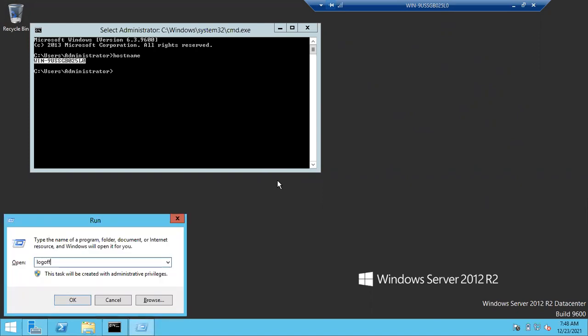Okay, guys, once your work is completed, very important, you have to log off from the server. Don't shut down, don't restart the server. If you shut down, chalo, it's not your laptop. In your laptop, if your work is completed, you can shut down and keep it aside, because you are the only one using the laptop, and of course your relatives, your friends and all. Once your work is completed, you have to shut down your laptop. Usually that you know, but in the organization, you cannot shut down the server.